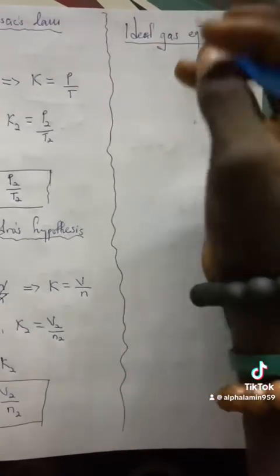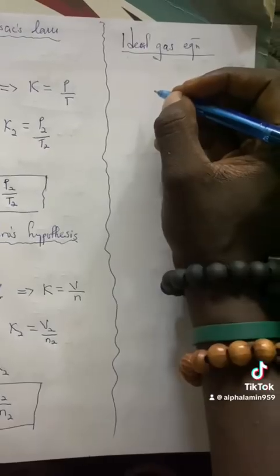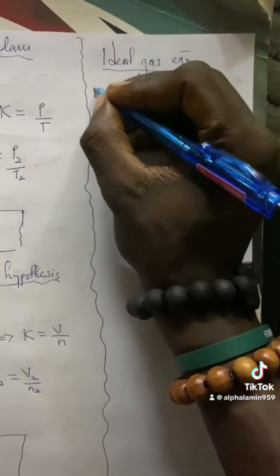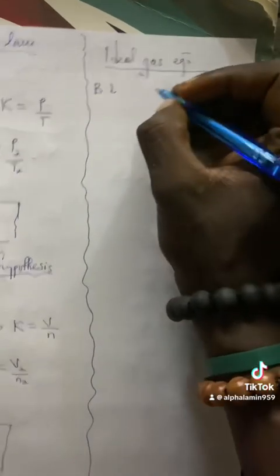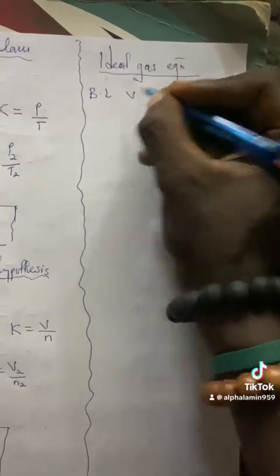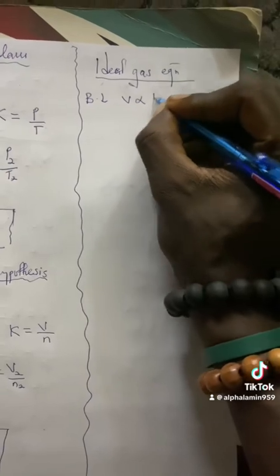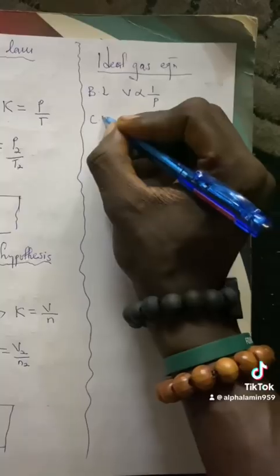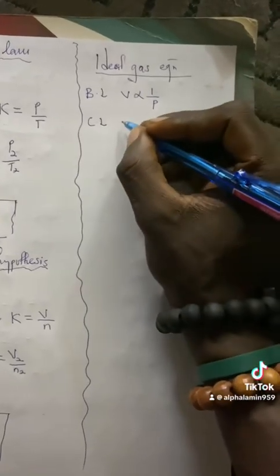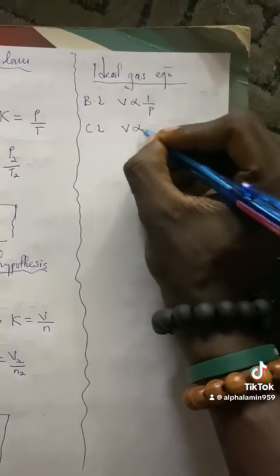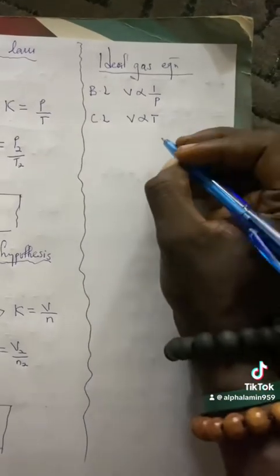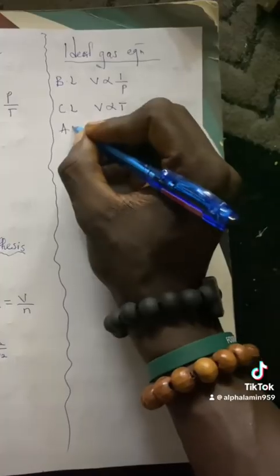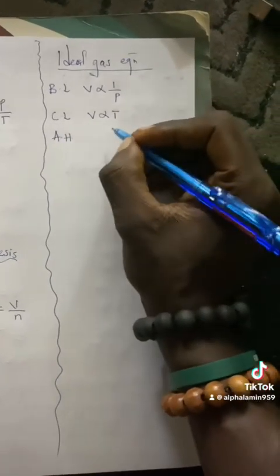So let's try to bring out all of the relations of these gas laws. So we know that for Boyle's law, the volume is inversely proportional to its pressure. And for Charles' law, we know that the volume is directly proportional to the temperature. And we use Avogadro's hypothesis that says the volume is